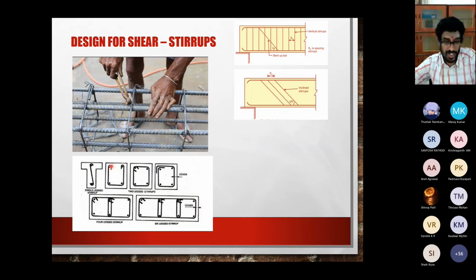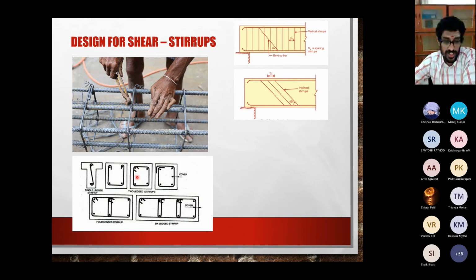You can either hook it like this, but this is not recommended. The most recommended way of hooking a stirrup is the second one. Having a hook bend, bringing it down, bringing it over, and then coming and bending it again. This is the most recommended way of actually doing your stirrups. So this is a